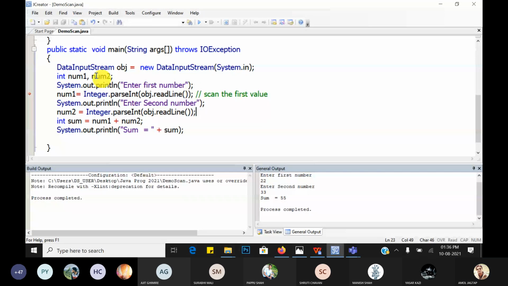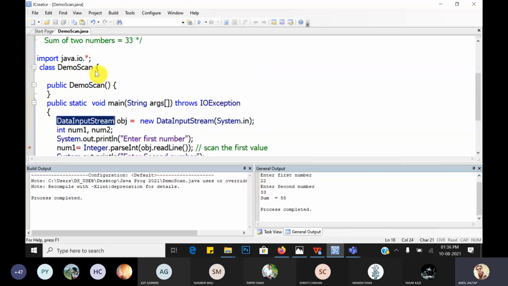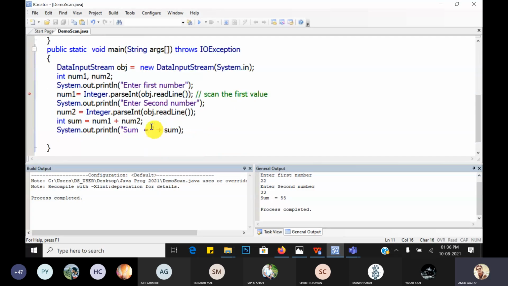Yes. So using the DataInputStream class or the Scanner class, we have to scan the values from the user. But the DataInputStream class is present in the java.io package, while the Scanner class is present in the java.util package. The methods are also different.